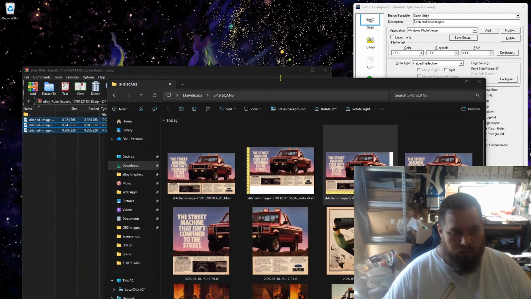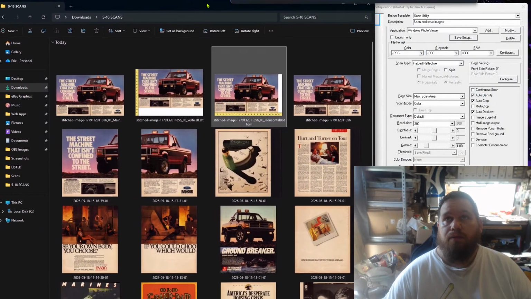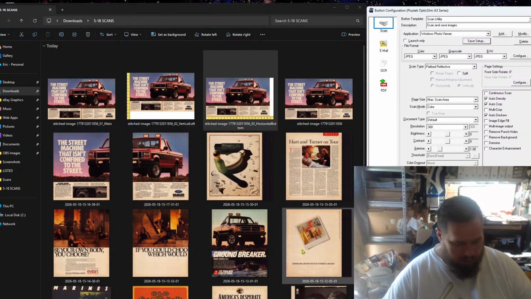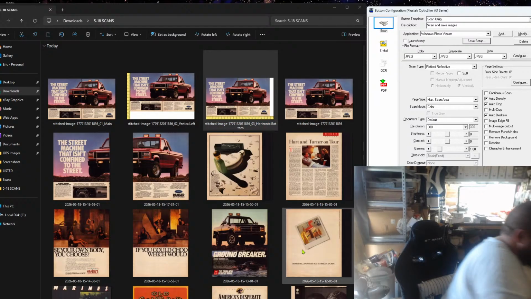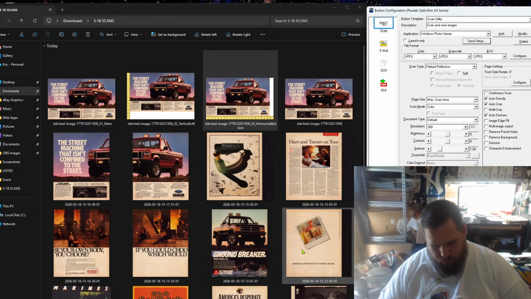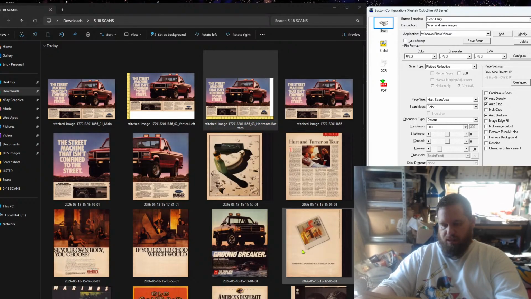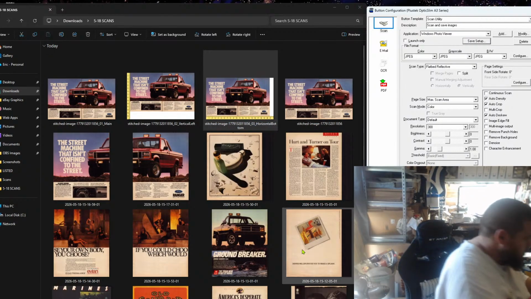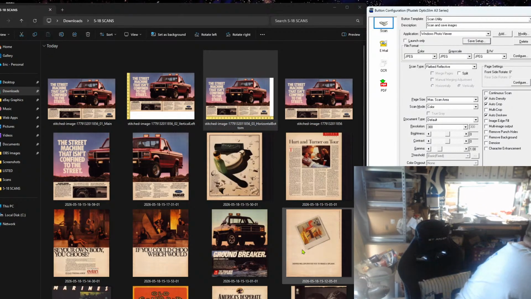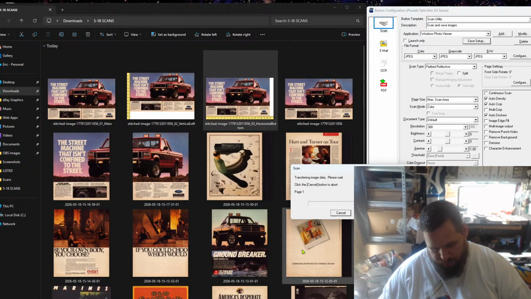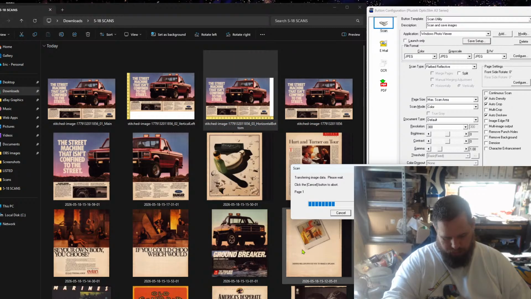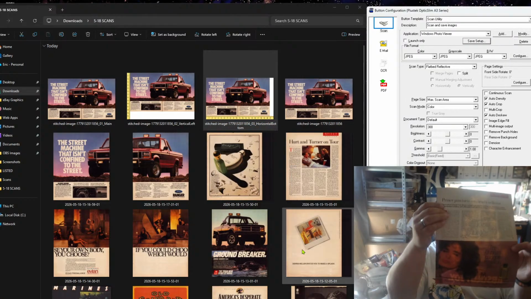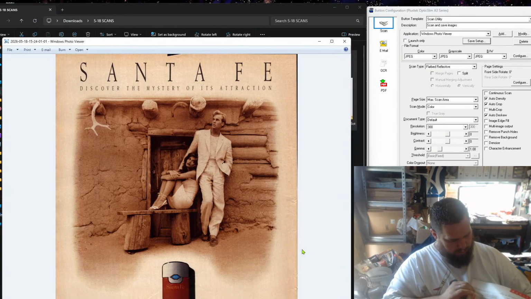All right, so we don't need that anymore. Bring this back up here. Okay. Bring you back over here. This is a Santa Fe cologne for men, JCPenney. So two things about that: one, JCPenney is no longer, and I bet you that cologne is probably vintage. And then we'll do Absolute Joy, or we could do this ad, but if you notice up top here,